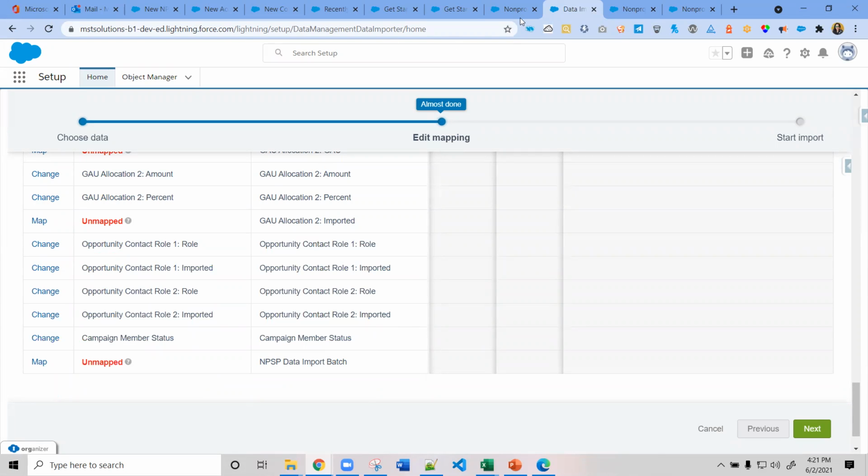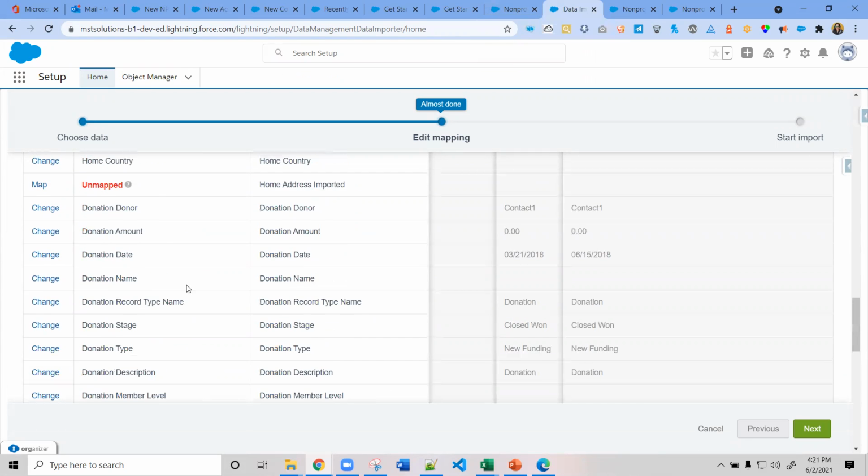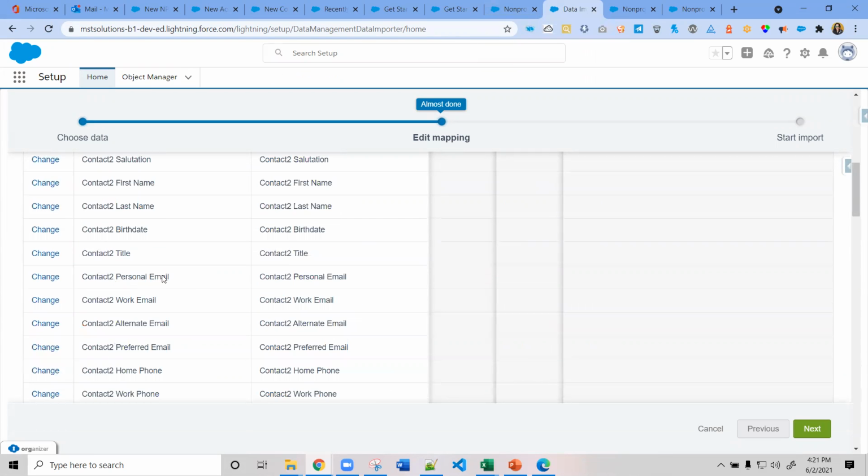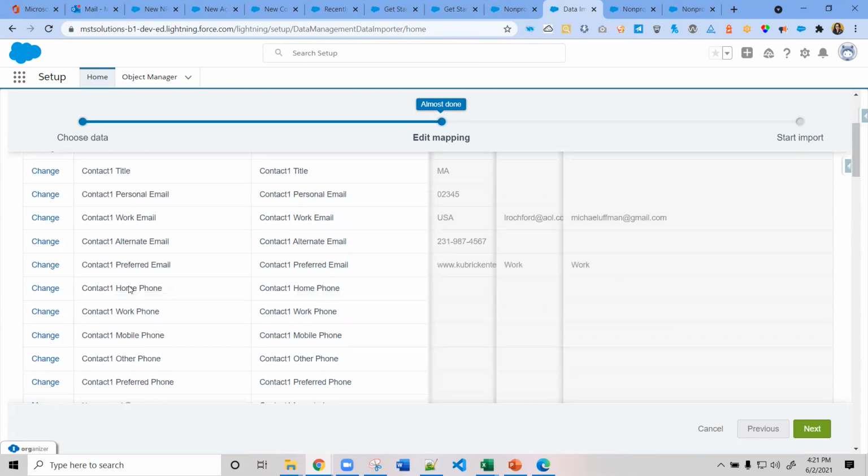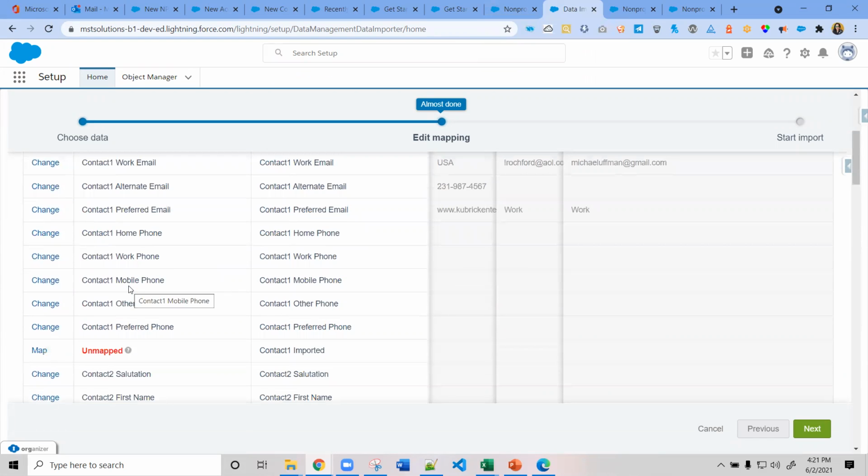Another thing: consider I want to use more than one custom field in the account or contact. Say I have new contact fields called contact other information, contact description, and I want to map those also in the NPSP import. That is possible.